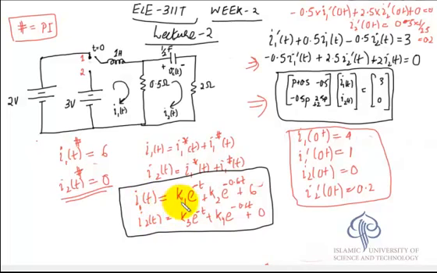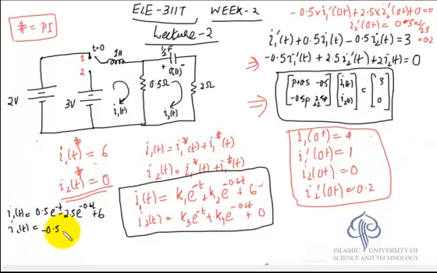Then what is left is to substitute the values of the initial conditions into these two equations to get the values of k1, k2, k3 and k4. So if you do that, you'll see that I1(t) is 0.5 e to the power minus t minus 2.5 e to the power minus 0.6t plus 6, and I2(t) is